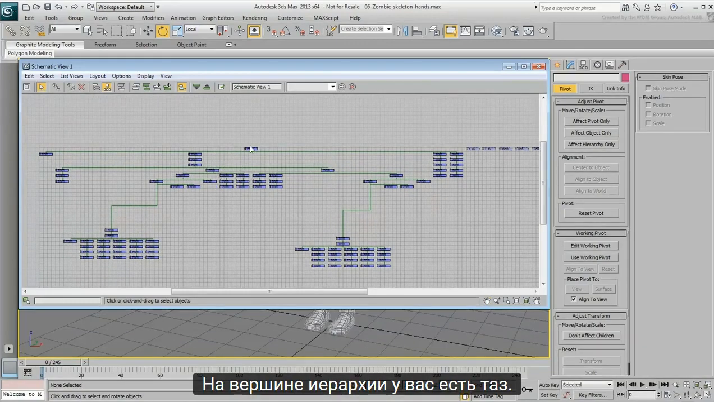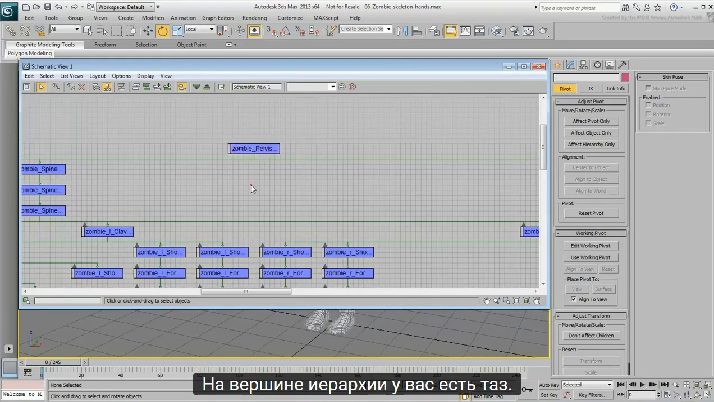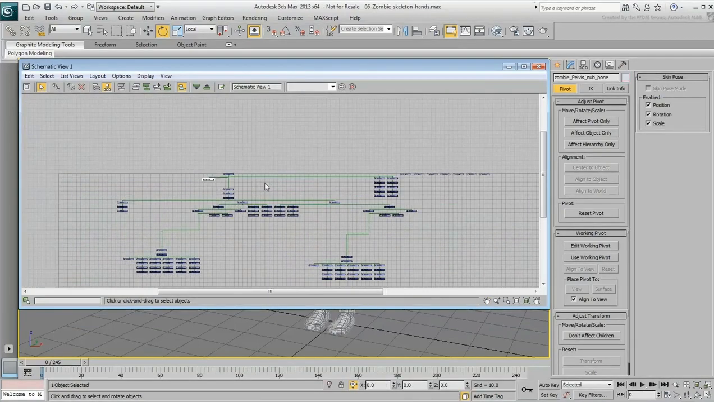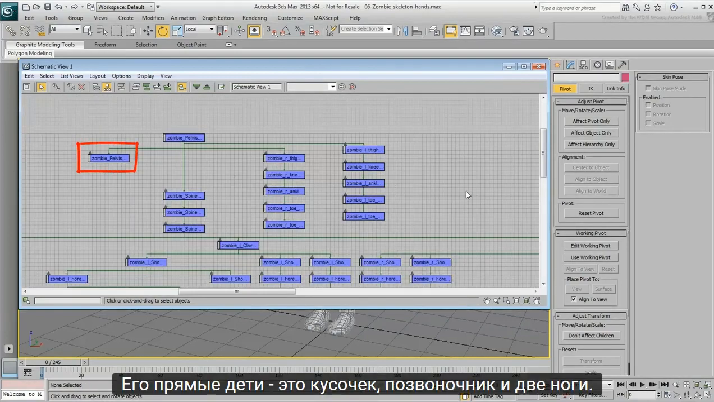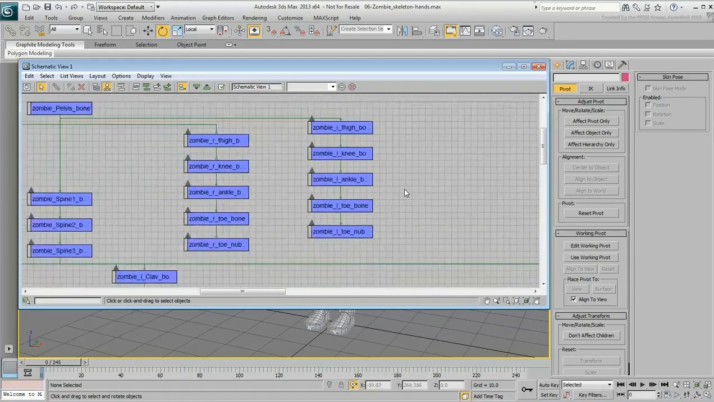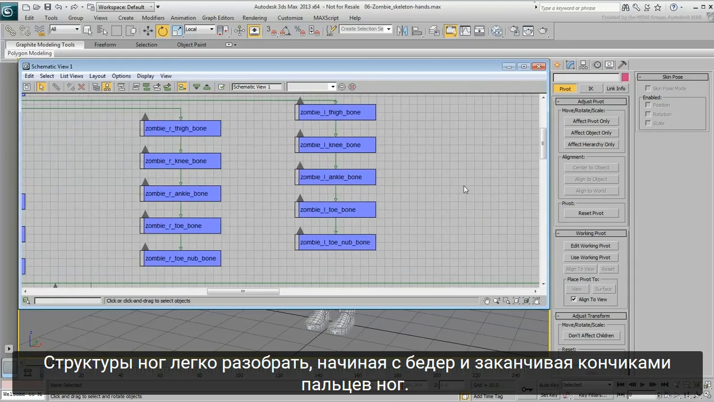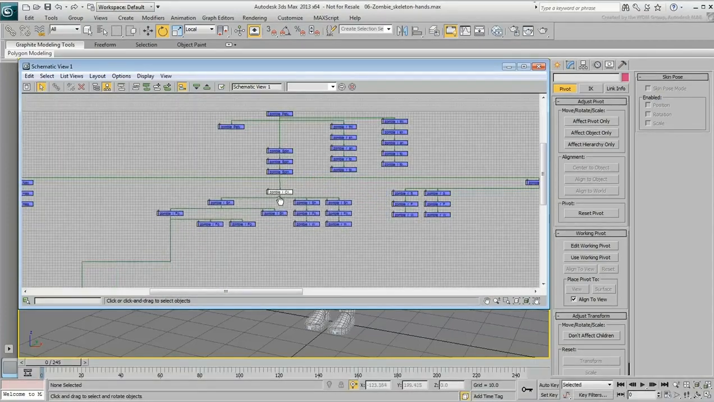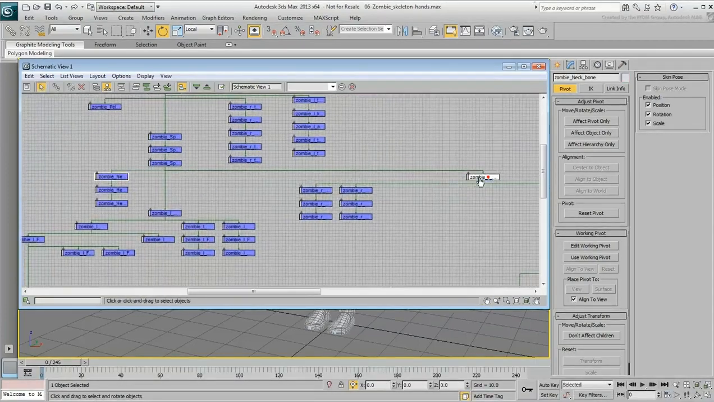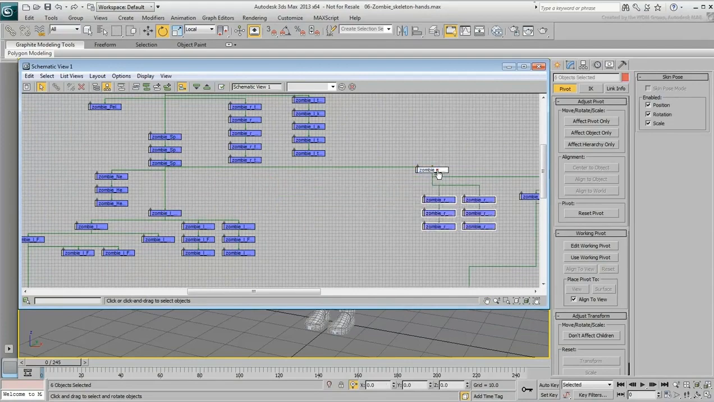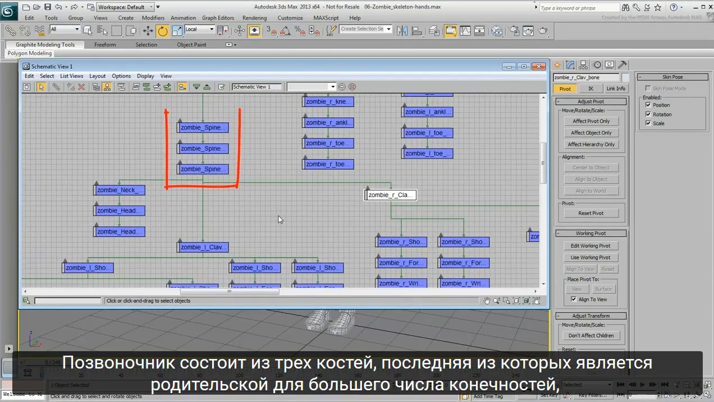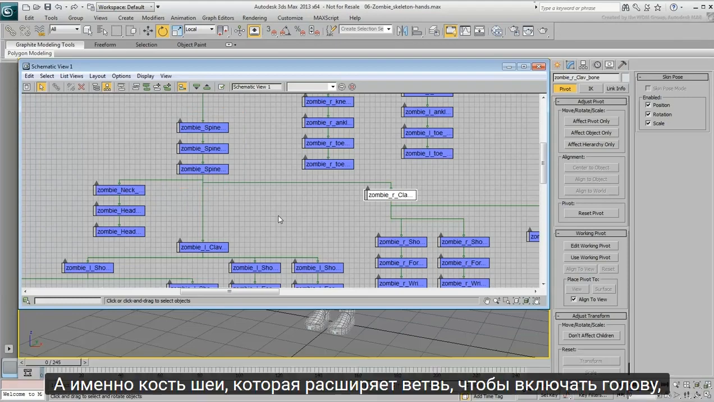At the top of the hierarchy, you have the pelvis. Its direct children are a nub, a spine, and 2 legs. The leg structures are easy to make out, starting with the thighs and ending with the toe nubs. The spine is made out of 3 bones, the last of which is parent to more limbs, namely a neck